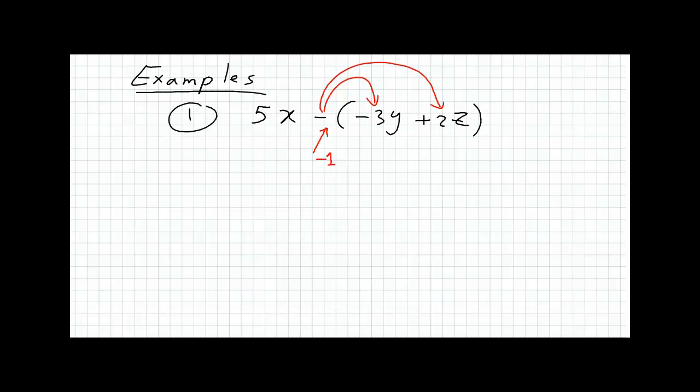So if we apply the distributive property here, we can see that 5x is outside the parenthesis. It is not multiplied with what is inside the parenthesis, so we will write it as it is. And then we multiply -1 times -3y. So we have positive 3y. And also we multiply -1 times positive 2z, which gives us